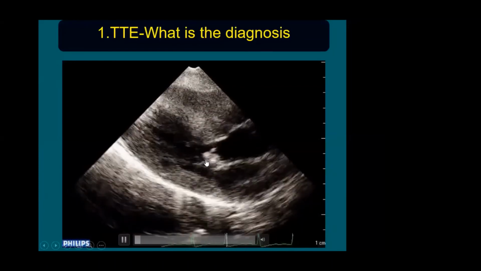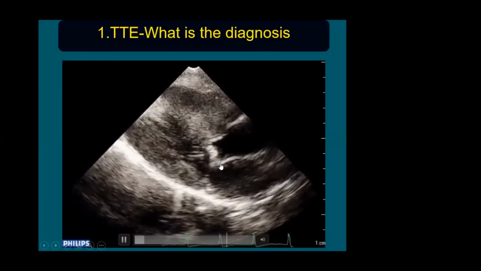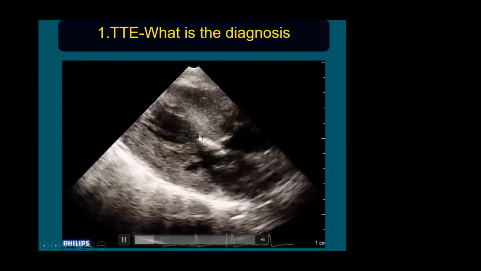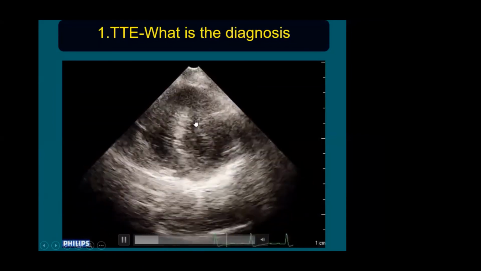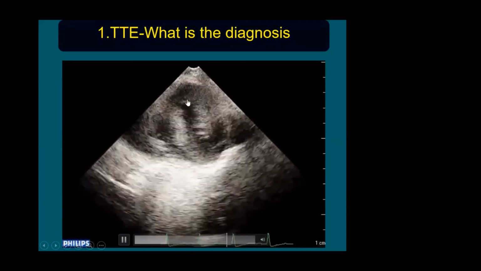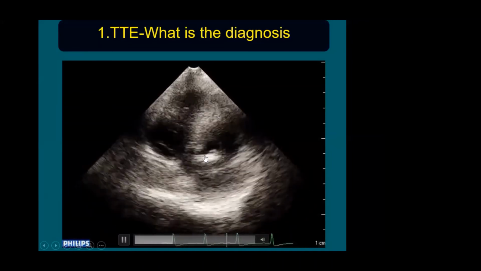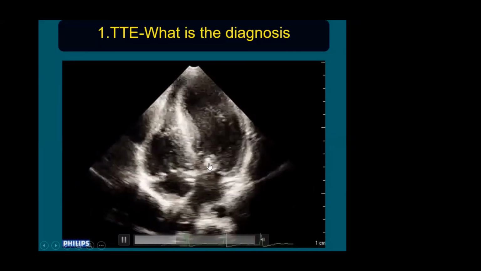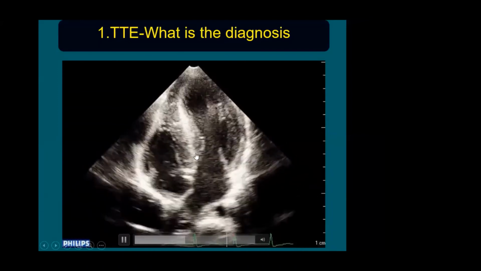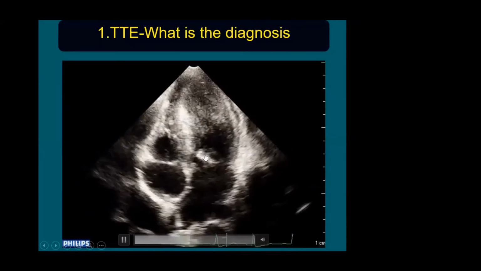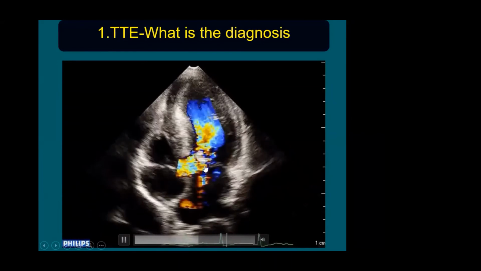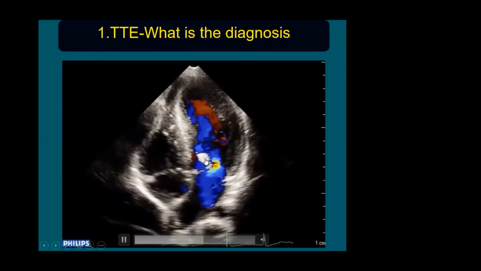So this is actually a vegetation over the anterior mitral leaflet, which is showing independent mobility. The patient has a basic heart disease, hypertrophic obstructive cardiomyopathy. There is marked hypertrophy of the entire interventricular septum, and there is systolic anterior motion of the anterior mitral leaflet. Because the anterior mitral leaflet is hitting against the septum, the endothelium is denuded, and it forms a nidus. So in hypertrophic cardiomyopathy, you can get vegetations over the anterior mitral leaflet.